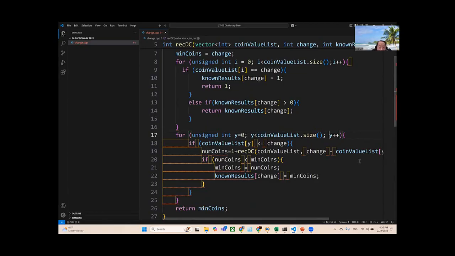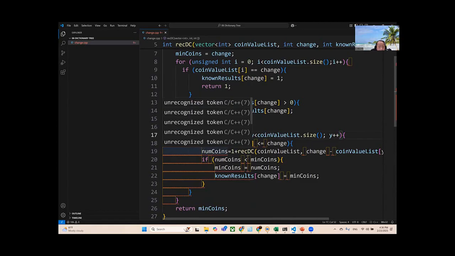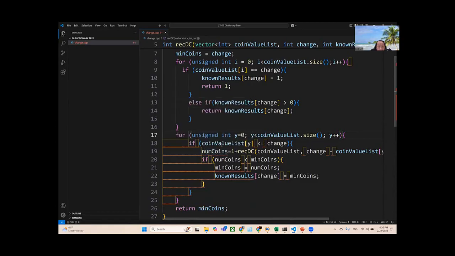You go into evaluation. You go through every possible coin value, and for each coin value, if it is less than or equal to the change,